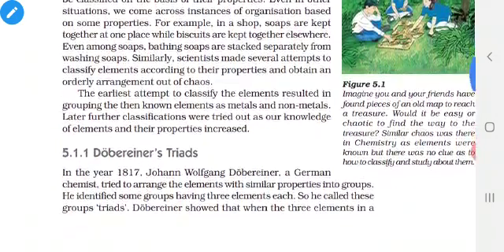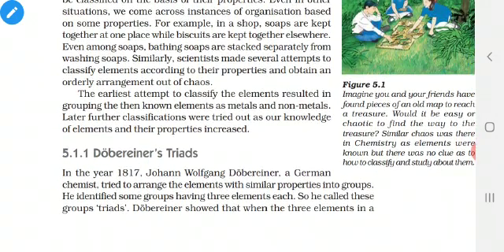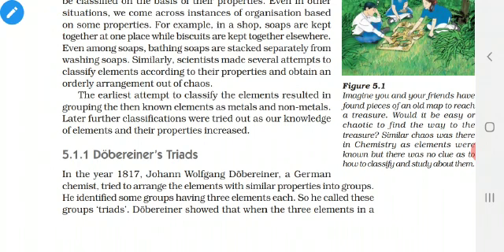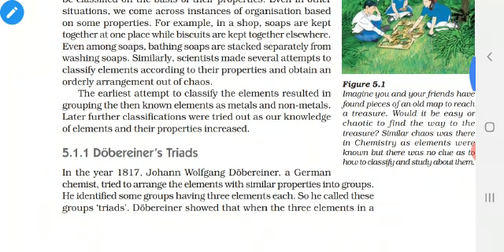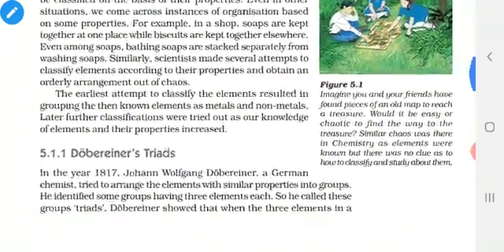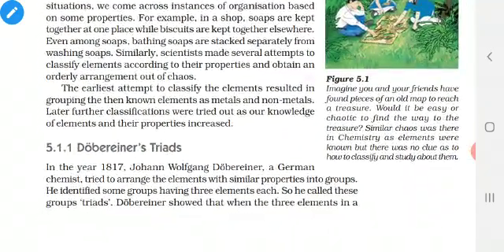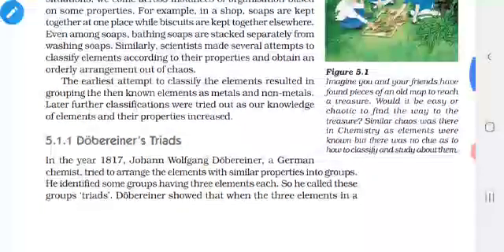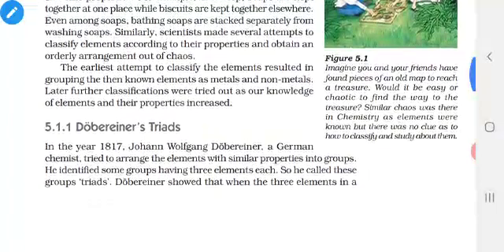Come to the soap area. Soaps are of different types, isn't it? Dishwasher soap, then detergent, then the soap which we use. So what will they do? They will arrange properly. Dishwasher soap they will keep in a separate place, detergent in a separate place, and soap in a separate place. Like that, the elements are arranged based upon their similarity.